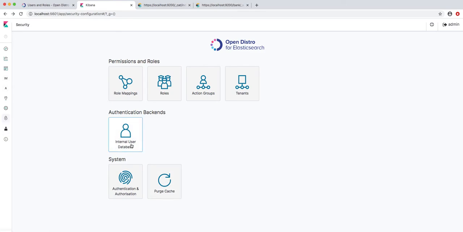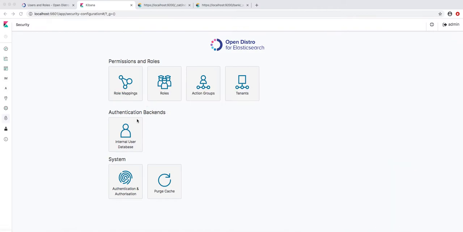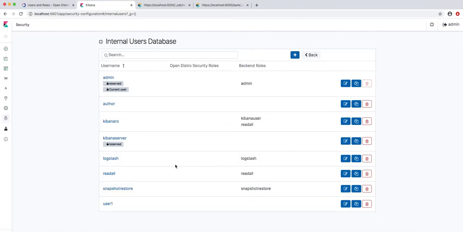For internal users, we need three users according to this: banker, author, and user one. So let's create banker first. I've gone here. Here is your portal, you can see all the users here. For creating a new user, all you have to do is click on the plus sign.